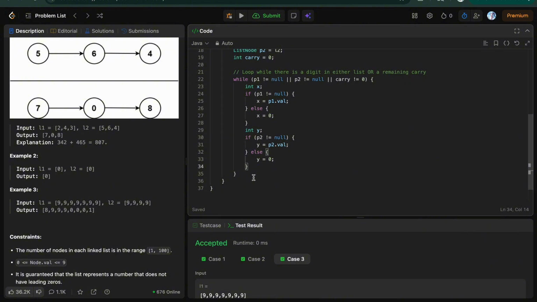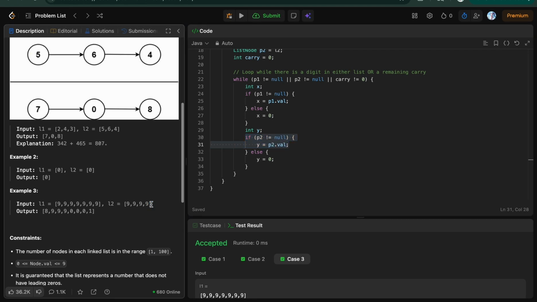But basically, again, it's with example 3, right? Let's say P1 is on here now, and we notice that yes, P1 is not equal to null. So x becomes P1.value, so 9. And then what we have over here is an integer y where P2 is pointing at null. So this if statement is no longer true. Well, what exactly can we do? Instead of just skipping it or doing nothing about it, we have to plug in a 0 here. Because technically, when you read it in reverse order,